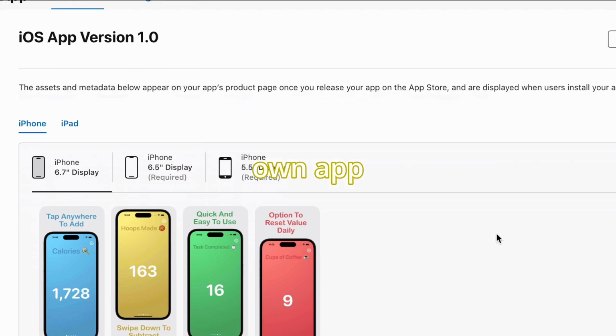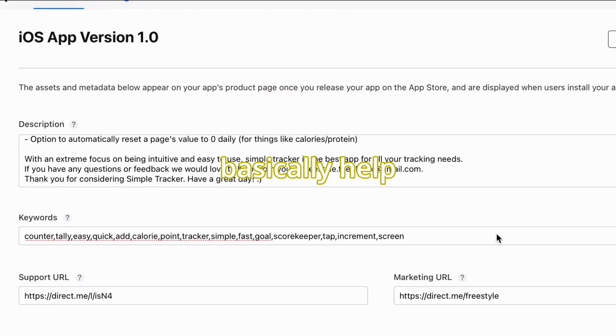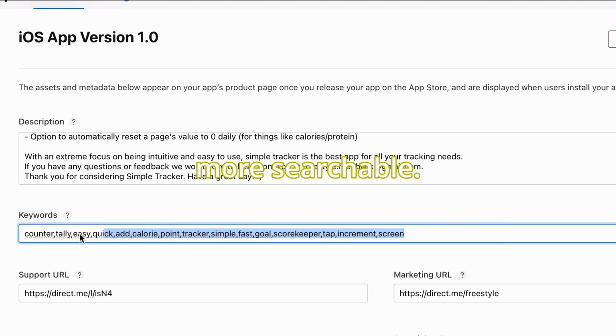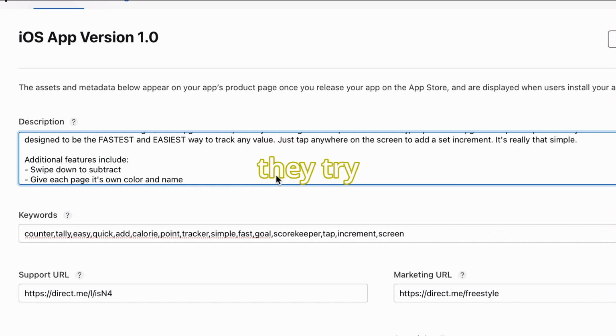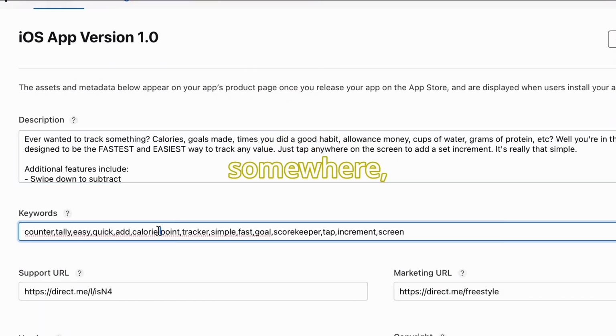If you're making your own app from scratch, here's my number one tip for app keywords. So keywords basically help make your app more searchable. They take whatever the user is typing into the search bar in the App Store and try to match it with your app. And the tip that I heard from somewhere, which I've always implemented, is that you don't